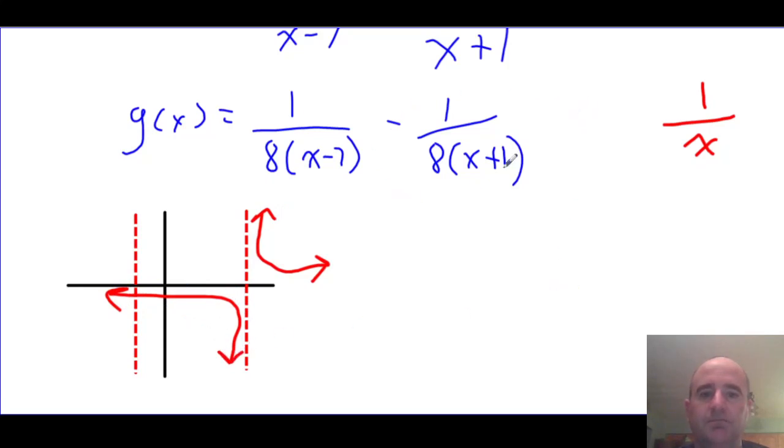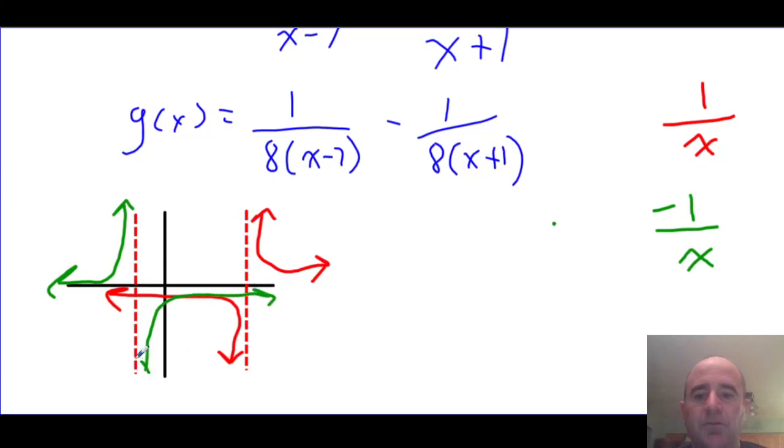Okay, the next one, we'll add that to our graph and I'll pick a different color. I'm going to do it in green. So it looks a lot, not like 1 over x, but since you're subtracting, you're adding the negative. So it's a lot like -1 over x. It's been reflected and shifted to the left. So instead of being here and here, it's actually in the other two areas here. So part of it is right here, and the other part of it is down here. And of course it keeps going.